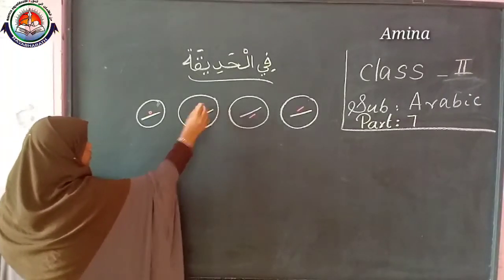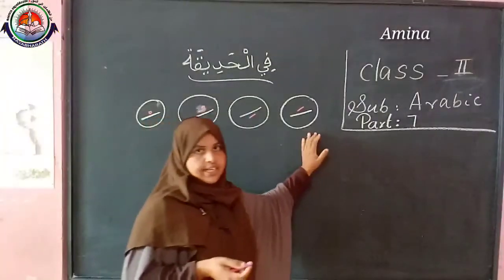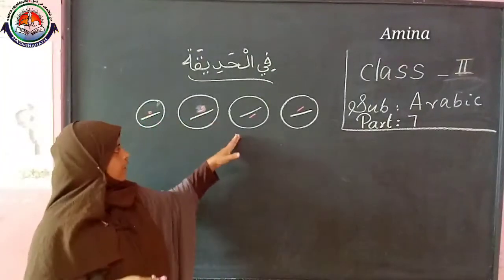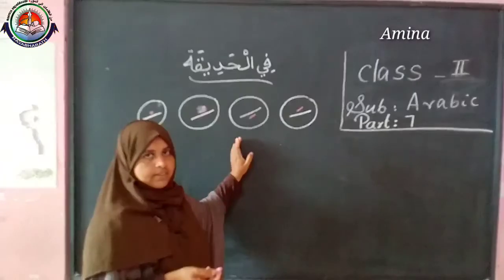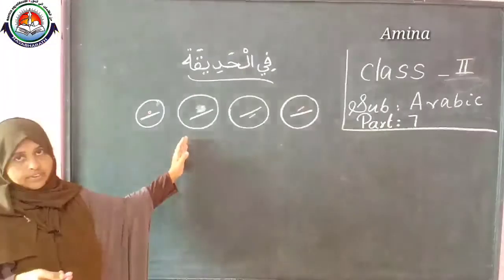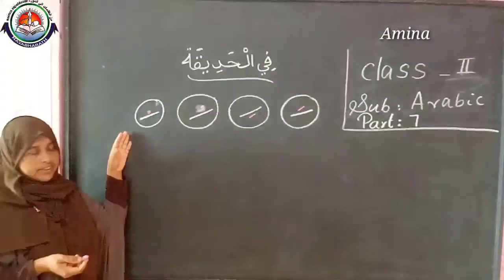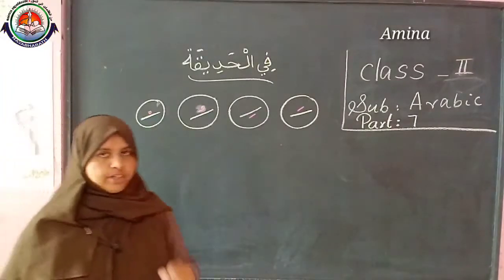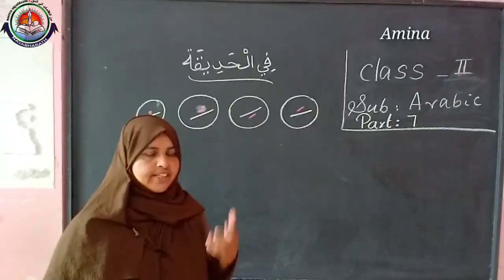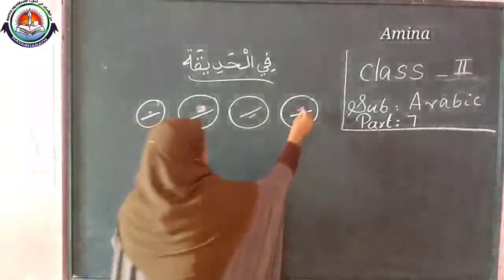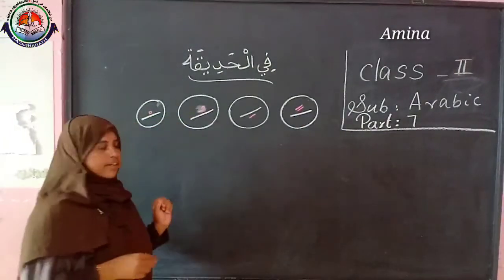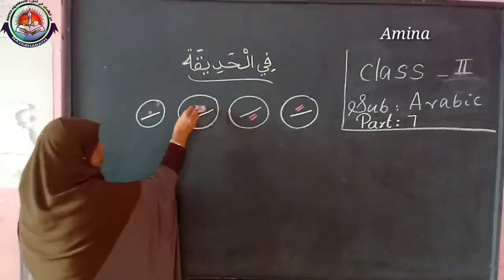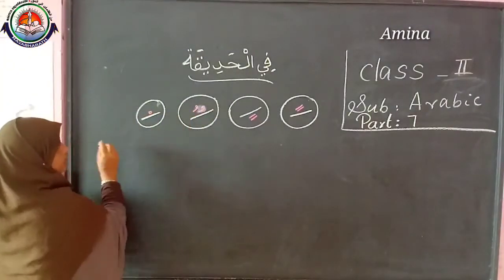Then we will get the sound with this symbol A, and we will get the sound of this E. We will get the sound of U. Now, I will put one more. I will make it double. Then how to read it? We can check. Here, double. Here also, double.